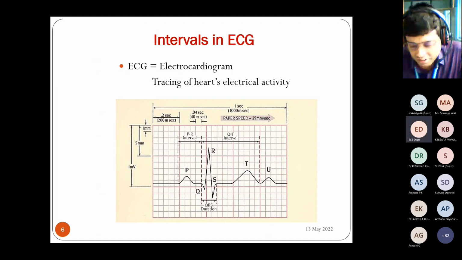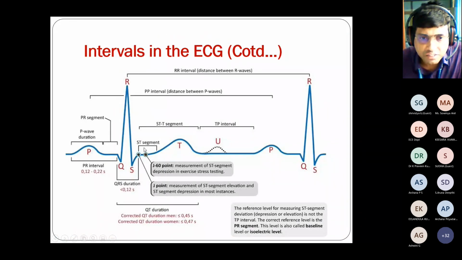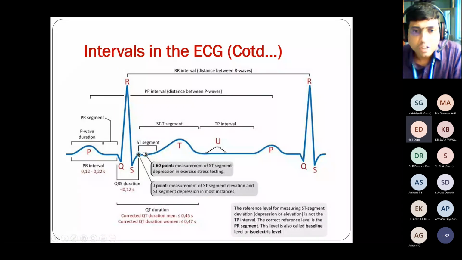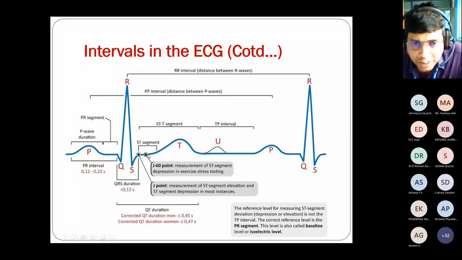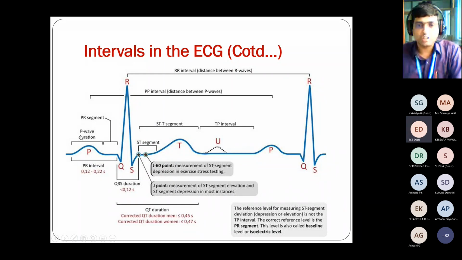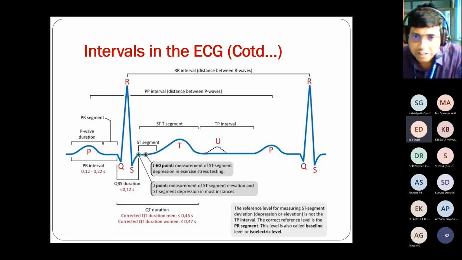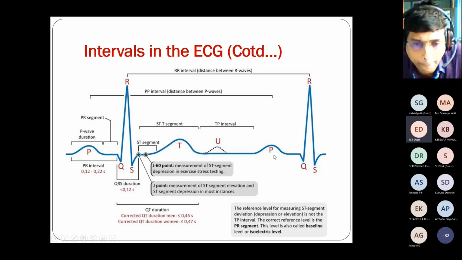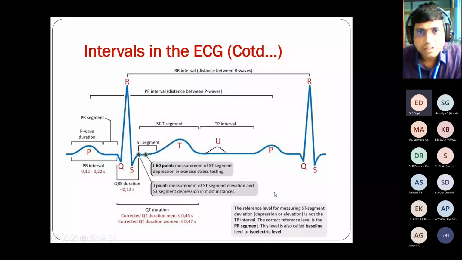So intervals, same thing we have covered. In detail, it is given. J point is this. J point means once the amplitude reduces after S, it will increase where it cuts the isoelectric line. Isoelectric line means zero potential line. The y-axis is zero throughout, and that is called the isoelectric point. So in order to detect the heart disease,